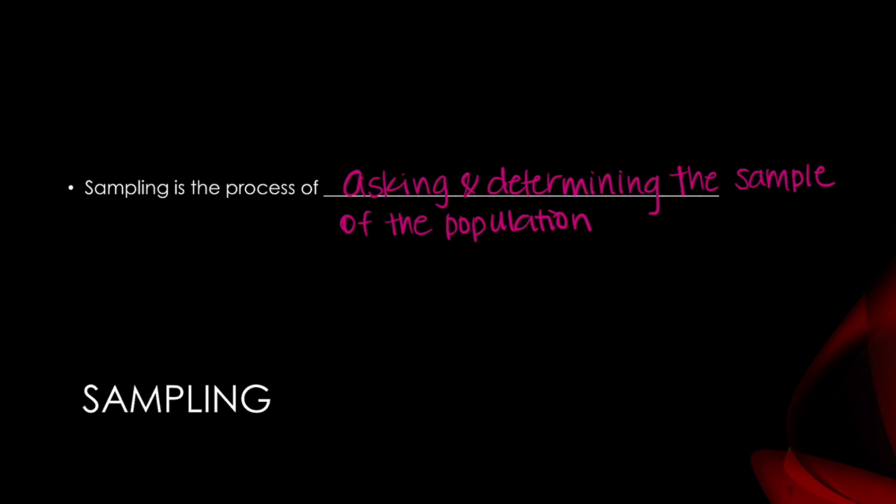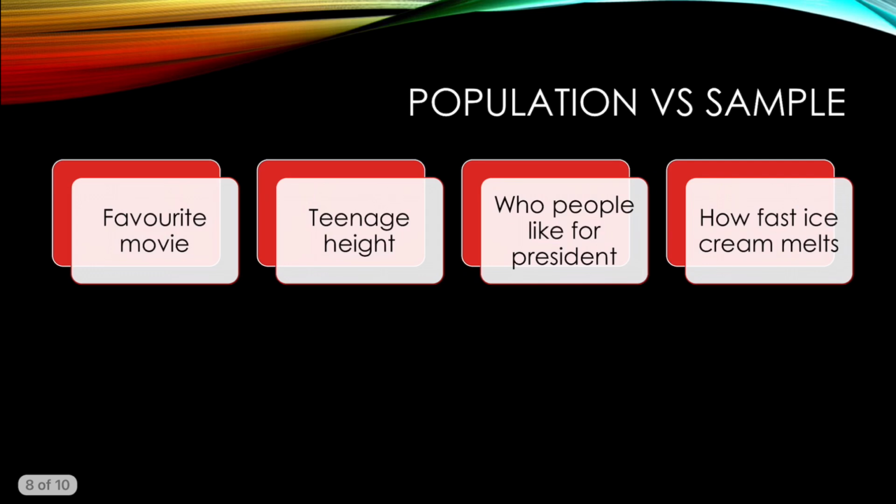So, for example, let's look at these 4 and talk about the population versus the sample. These 4 I chose because the population can be different. Depending on what population you're looking at, that's going to determine your sample. So favorite movie, that's super broad. Who am I asking? Who is this going to affect? Do I care about the entire earth, or do I just care about the city I live in, or just a school even? So let's say my population